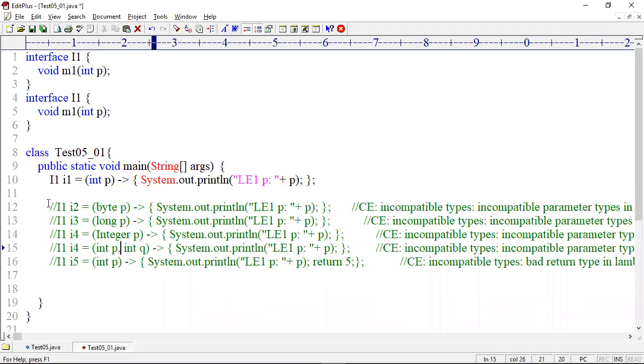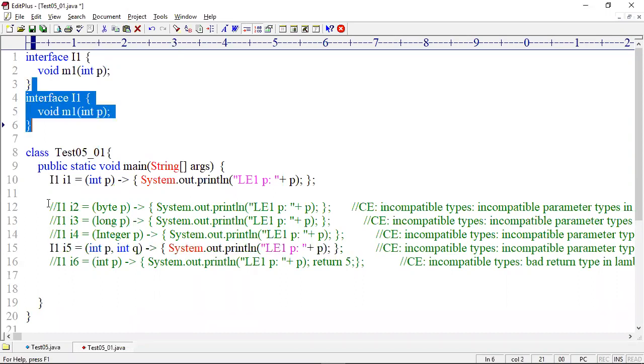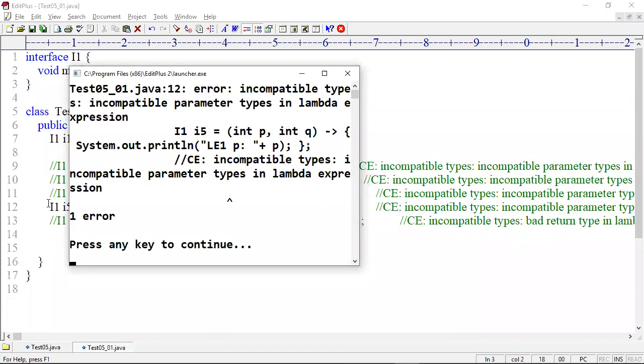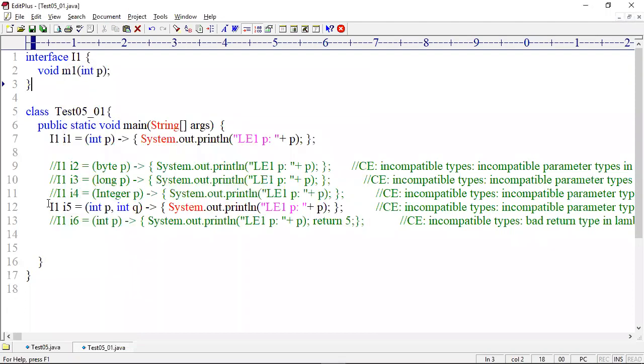No, parameters must be the same, list-wise too. I4, I5, I6. Is this line compiled or not? Not compiled. The compiler throws an error: incompatible types, incompatible parameter types in the lambda expression. It must be the same.